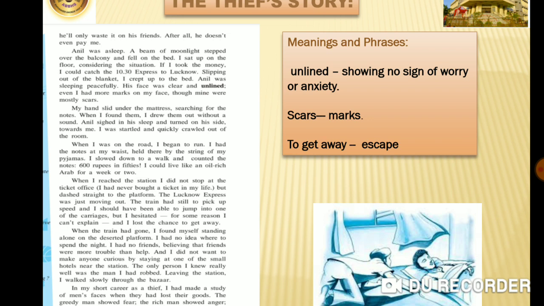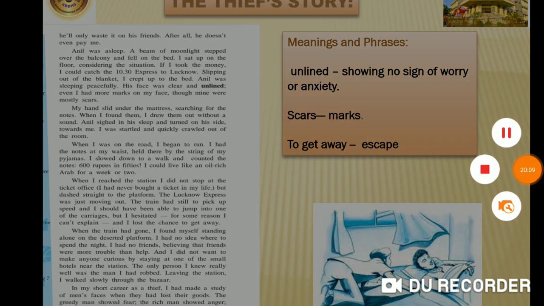So finally here Hari Singh had robbed the money and ran away out of the room before Anil could wake up. When I was on the road, I began to run. I had the notes at my waist, held there by